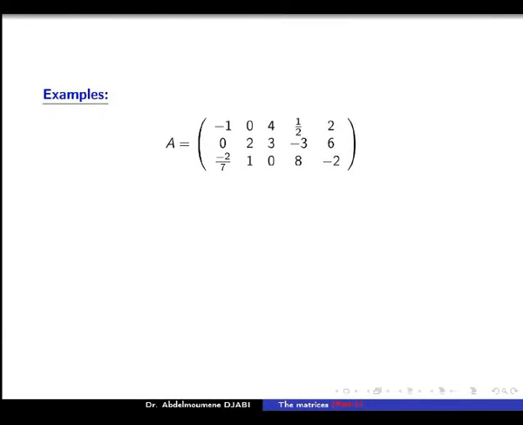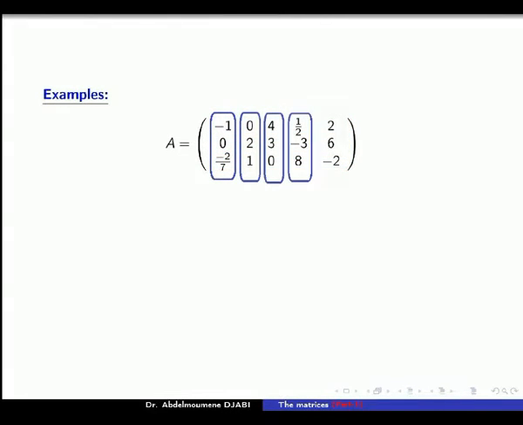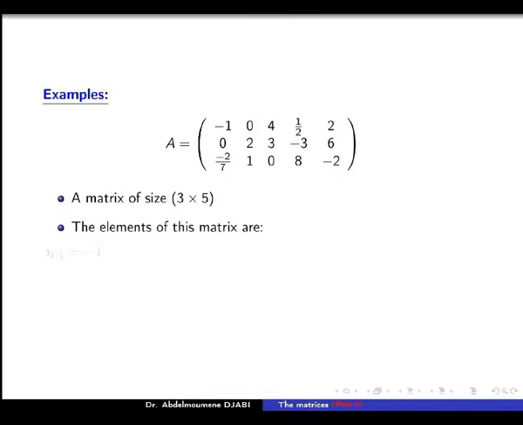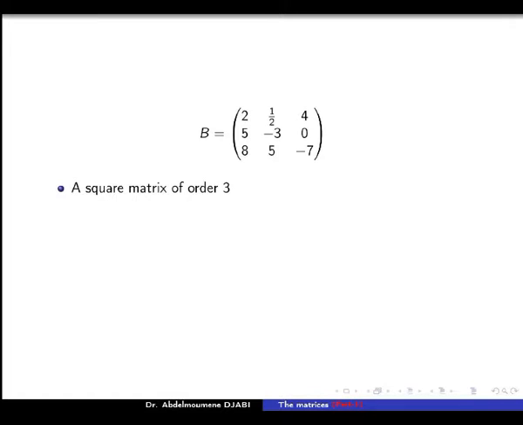Here the size of the matrix A is 3 by 5. The elements of this matrix are: For the matrix B, it has 3 rows, 3 columns. So this matrix is called a square matrix of order 3, and its elements are: